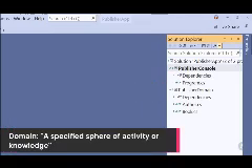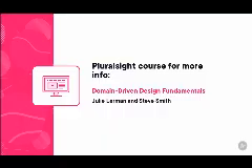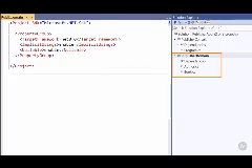The dictionary definition of domain is a specified sphere of activity or knowledge. And because I also do a lot of work with domain-driven design, it's my natural instinct to use that term throughout my software projects. With the solution open in Visual Studio, you can see that the Publisher Domain class library